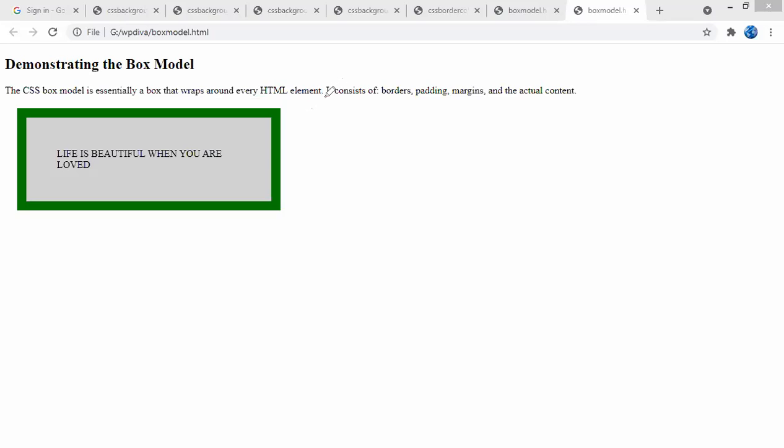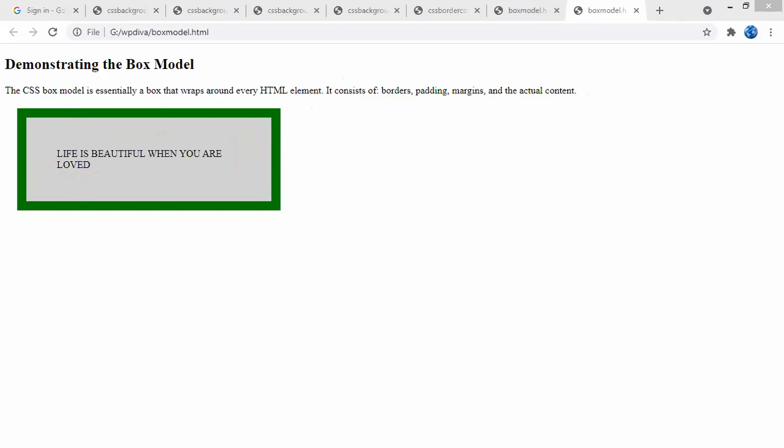So the CSS box model wraps all your text. It consists of border, padding, margins, and the actual content. You can see one outer border here, then this inner area, which is called padding, and this is my content. We use this format when we want to display our text on any website.